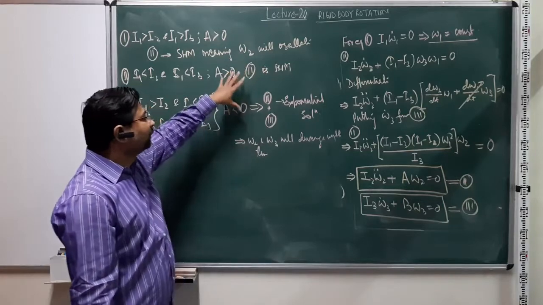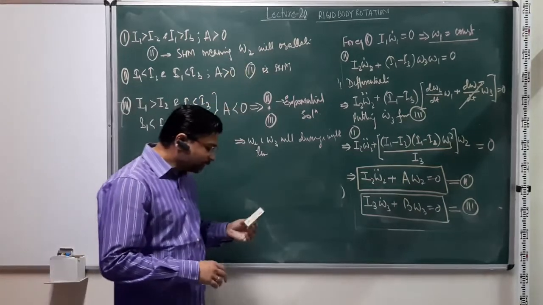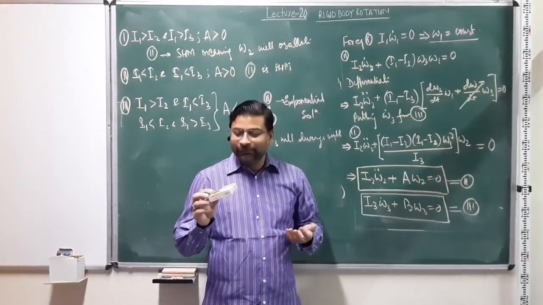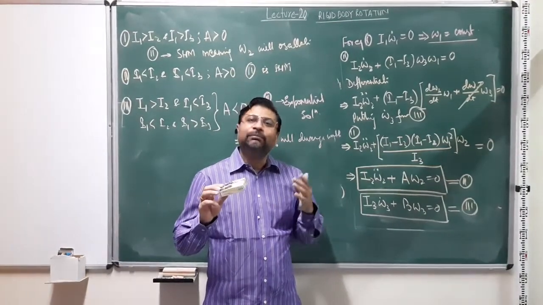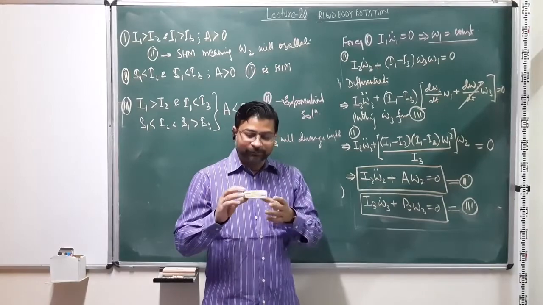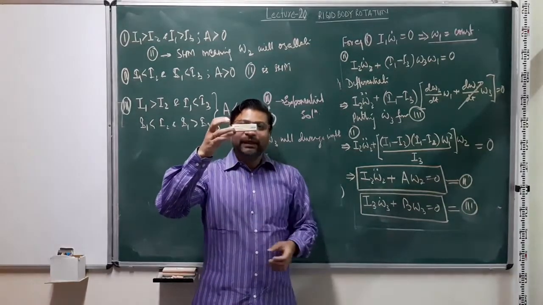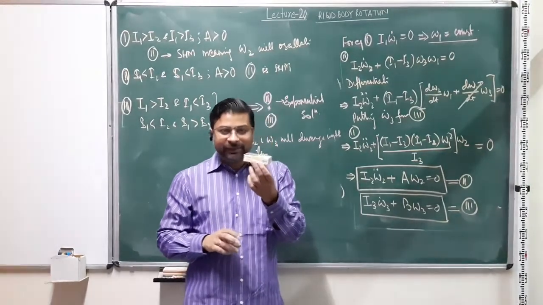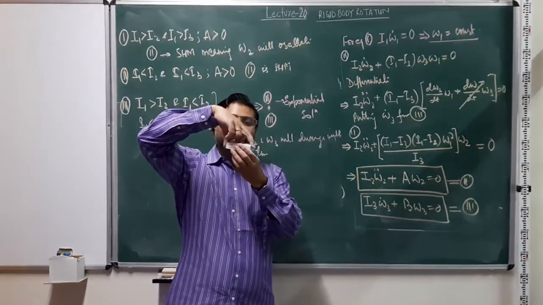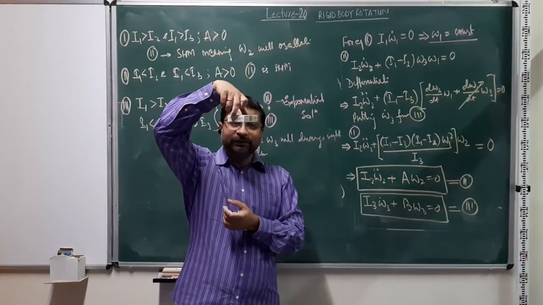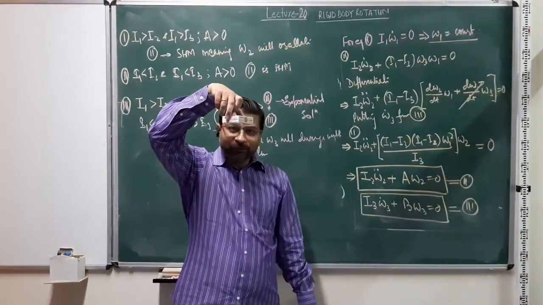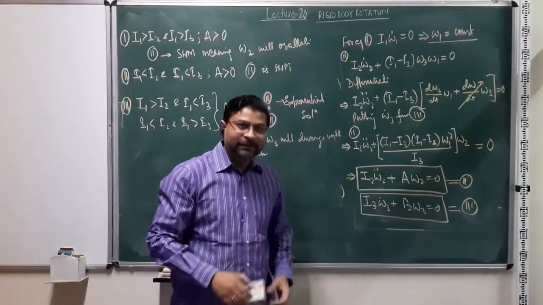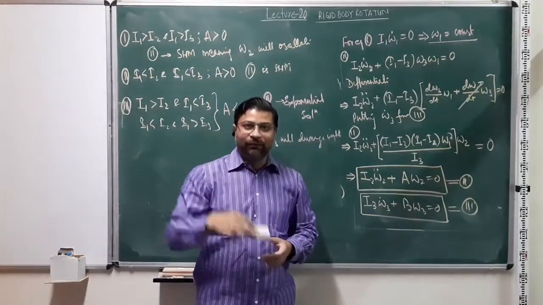So this kind of analysis one can do for the rotation of rigid bodies, and this is a nice demonstration which one can do at home. It requires some practice as well as careful observation of the system. If you take a cuboid box with three different moments of inertia and rotate it about the maximum moment of inertia axis, it keeps rotating like this, and if you let it fall to the ground, it will fall with this flat face down.